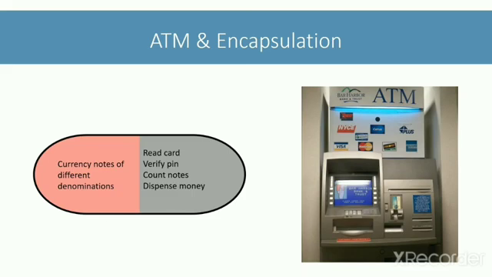Here the ATM can be viewed as a class which is wrapping together the data, which are the currency notes, and methods, which are the operations required to withdraw money, into a single unit. In other words, we can say that the ATM encapsulates money and the operations required to withdraw it into a single unit. You can interact with the ATM only through the numeric keypad and the on-screen options it provides. You cannot access the details about internal data, like how much money this ATM has, how many notes of each denomination are present, how much money has been withdrawn so far, etc. This is the data hiding concept of encapsulation.